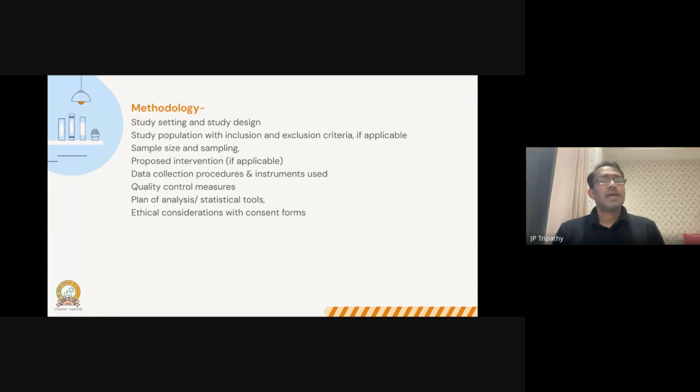I think it would be nice to say that I'll be doing this study in a tertiary institute in central India. So be cryptic in the way you present your setting. You can say that I'm going to do a study in Delhi, in Nagpur. That is fine, but do not specify the exact name of the institute where you're working.